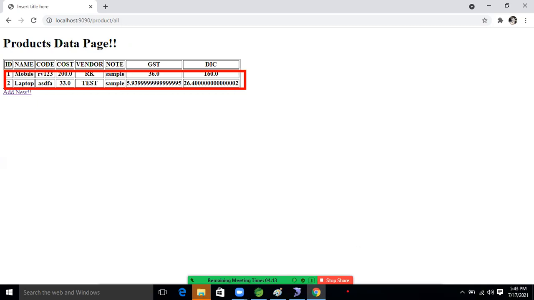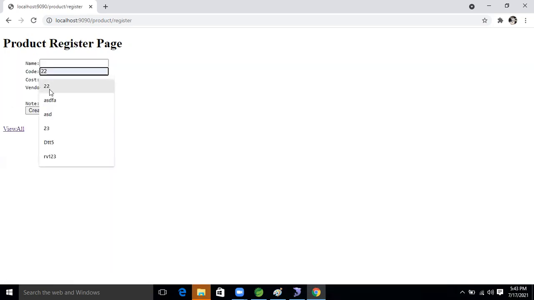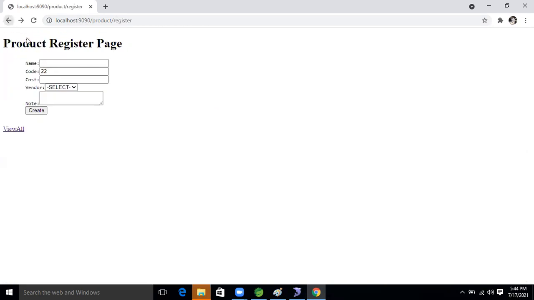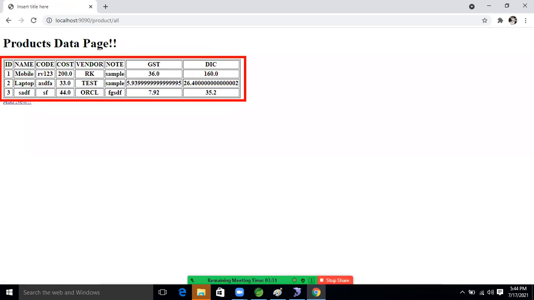Means whatever data is stored in the database, again click on that here, right? So here just anything again. Just I'm taking anything, cost, just I'm taking anything. Here I'm taking Oracle. Here again something, just click on that, 3 data, here 3 records we are getting, right? Yes, got it.